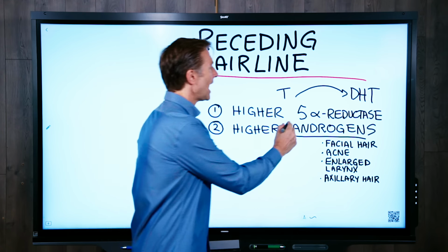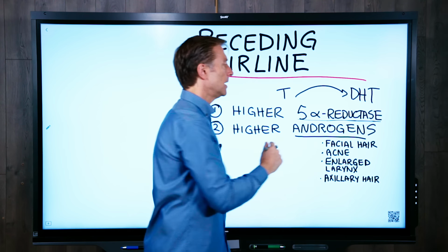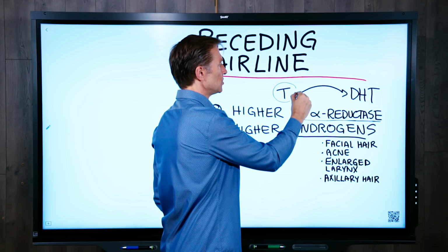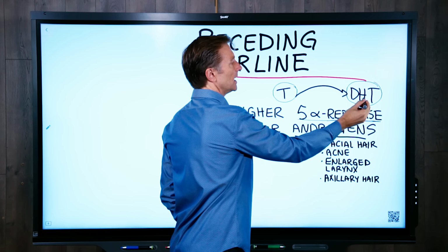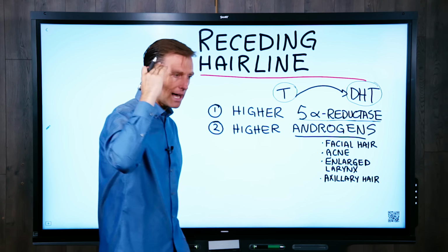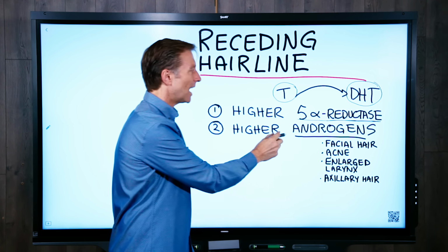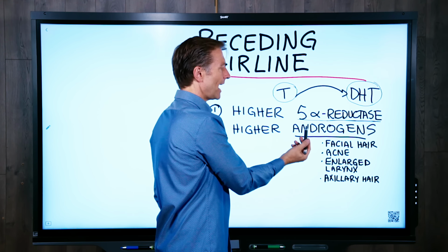One is that you have higher levels of something called 5-alpha reductase. This is an enzyme. This enzyme converts testosterone into a more powerful form of testosterone called DHT, and this can definitely burn out the hair follicles. And also on top as well. Okay. Second reason is higher androgens that aren't necessarily caused by this increase in this enzyme, but your androgens are